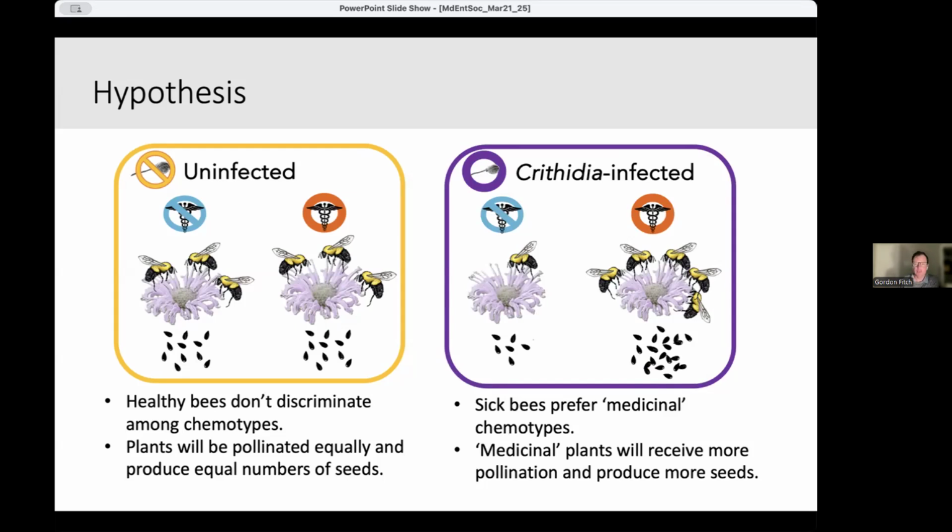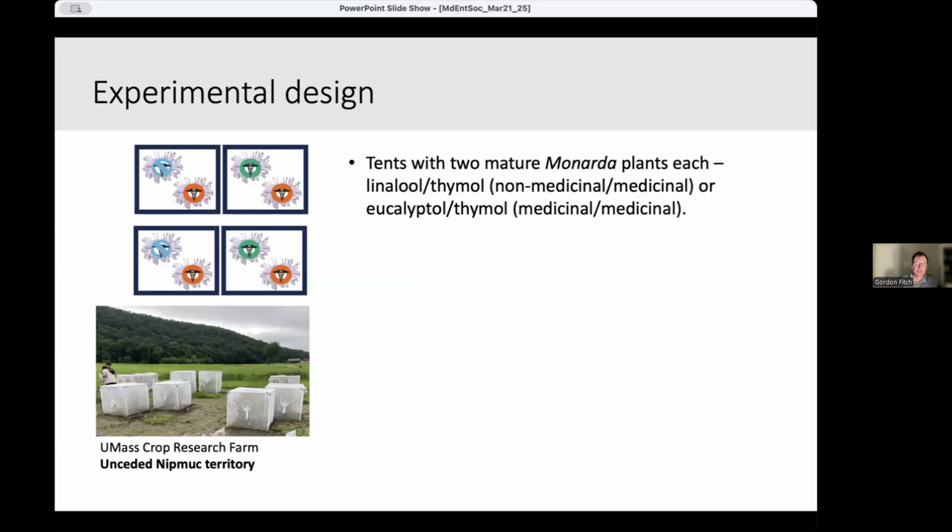And so to test this hypothesis, we did a bunch of experiments in tents, that look like this picture here. So in each tent, we had a couple plants. It was either a comparison between one medicinal and one non-medicinal plant, or two chemically dissimilar medicinal plants to kind of see whether maybe it's just the taste of thyme that they don't like rather than the medicinal versus non-medicinal